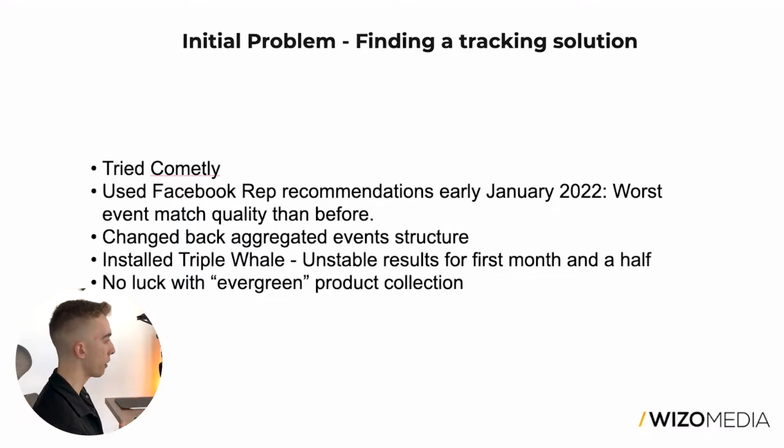So we put a lot of things into motion. The goal was to find a solution to their tracking problems and also to help us make better decisions when it came to ads. That was, again,